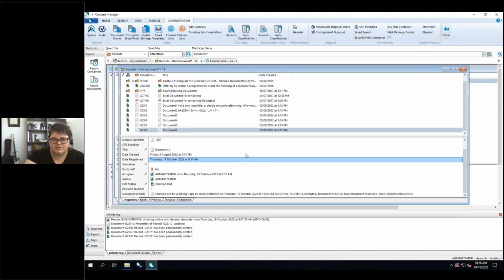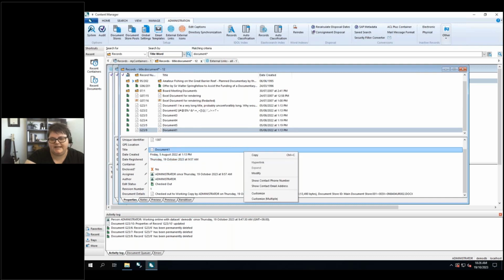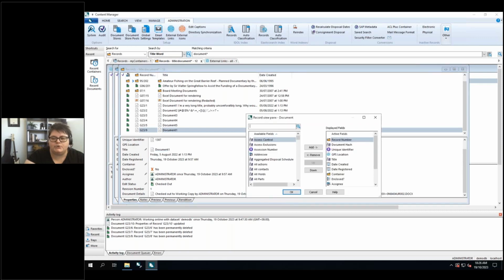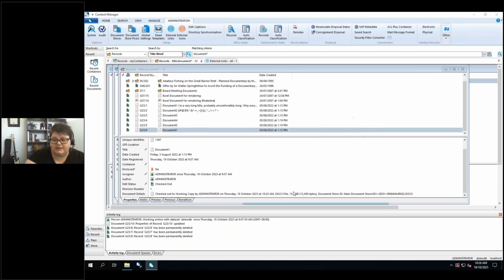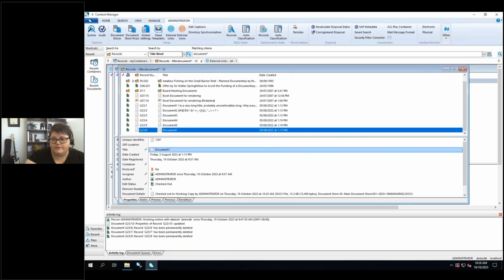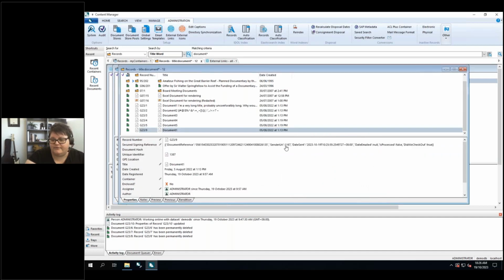there are actually fields down here within this section that allow us, through the Customize View pane, to show that it has actually been sent out for signing. So you can see here, secured sign-in reference. You can actually add that in to your properties down below so that when you're looking at it, you can see the document reference and the date that it was sent. And then